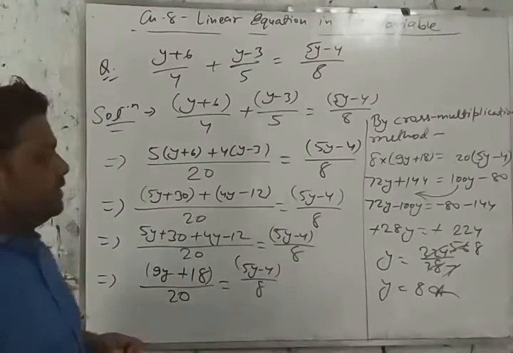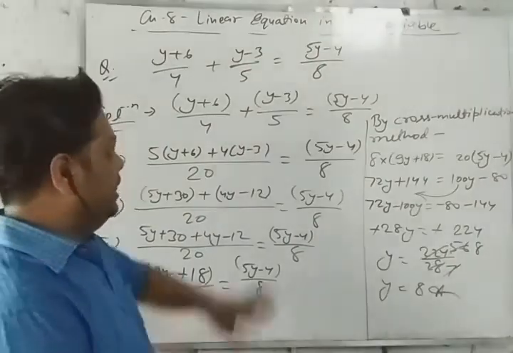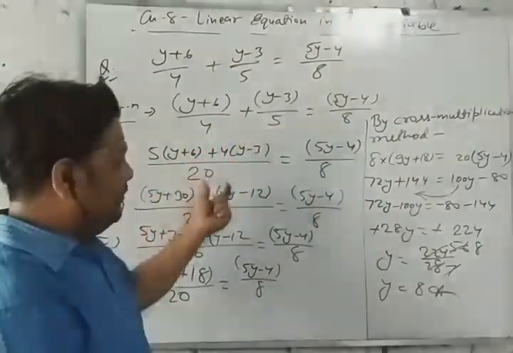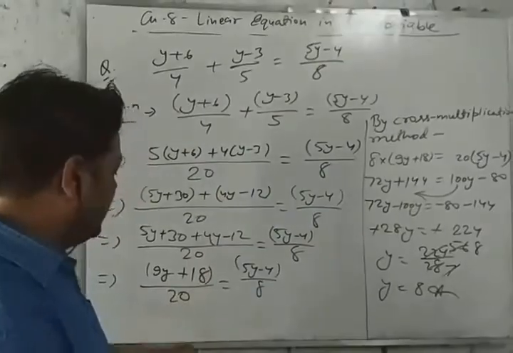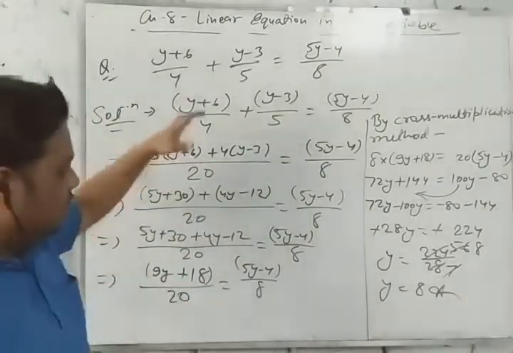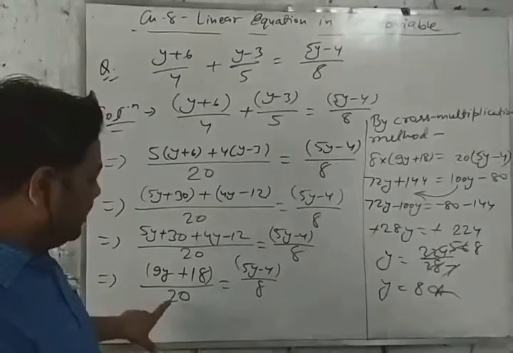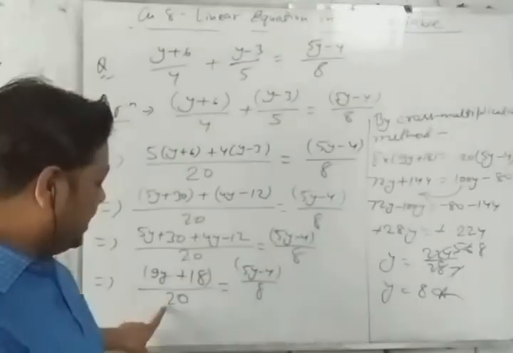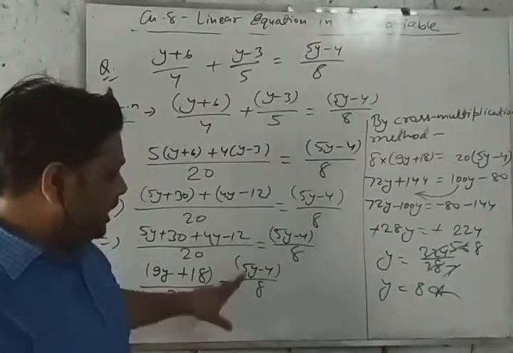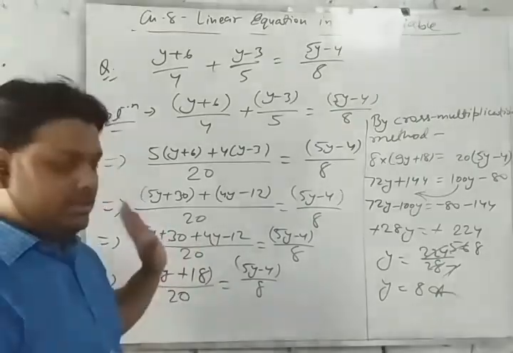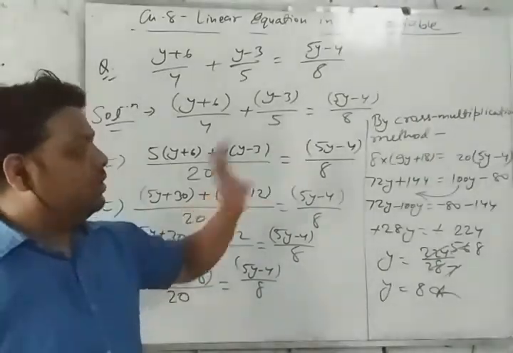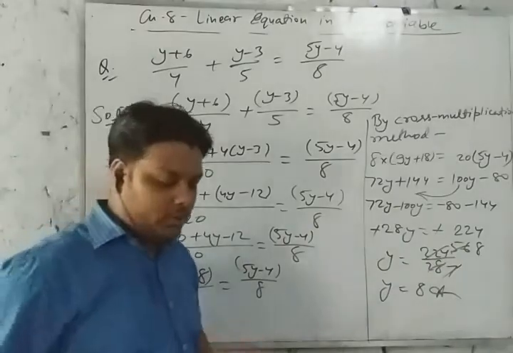Like this we can solve any question. At first, if there is addition, then at first we will add. We have to solve it, and we have to take only one numerator and one denominator in LHS, and one numerator and one denominator in RHS. Then we will use cross multiplication. So I hope that you all have understood here.